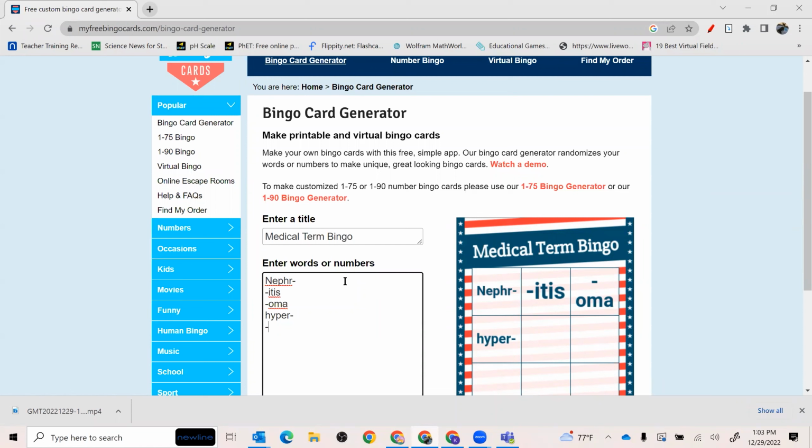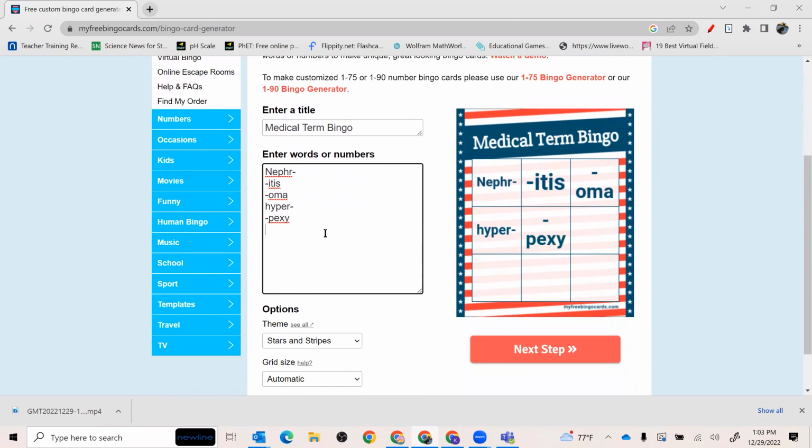So we're going to go ahead and keep entering in. I'm going to keep it as a 3x3 just for the sake of time. But you can see if you look over on the right side of the screen, how it does enter in one square at a time. So as you go, you can actually see how this develops, which is really nice. And as you add, it will fill up. So now we filled up all of our different squares because we're just going to keep it with a 3x3,